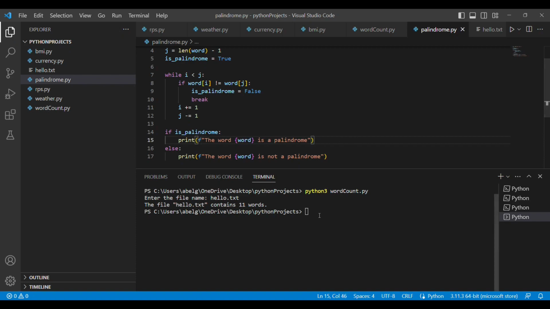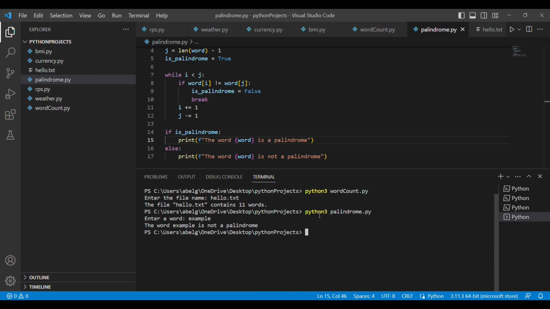So now we can save our file and see if it works properly. We're going to run our file using python3, followed by the name of our file, which is palindrome.py. So it asks us to enter a word. First, let's try a word that is not a palindrome. Let's put in our previous example word, which was example.